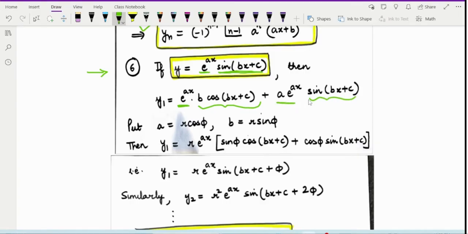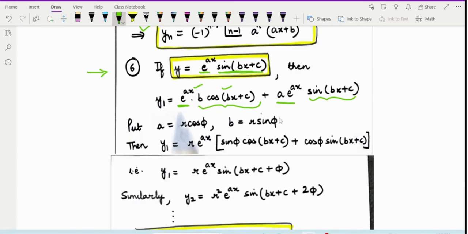First function into the derivative of second, plus second as it is into the derivative of first. So this is the formula that you're getting for y1. Now imagine if you try to handle this and move to the second step, then you will have two terms coming out of this, because it's again a product of two functions. So to simplify our job, we use a notation here. We introduce